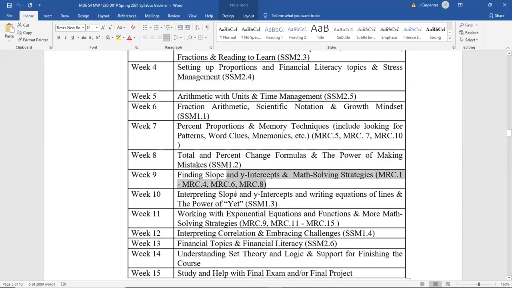Most of these are kind of just stuff we can just get to when we get to. I won't go over every single one of them in class, and then I'll say, all right, you just need to focus on that on your own time. Or if we get past week 10 and I didn't go over anything about the power of yet, then that says, hey, I need to actually go to that homework on my own. And each of these weeks, you'll have 2 homework assignments in Mymathlab, one of them for the first topic and one of them for the second topic, which will show you,